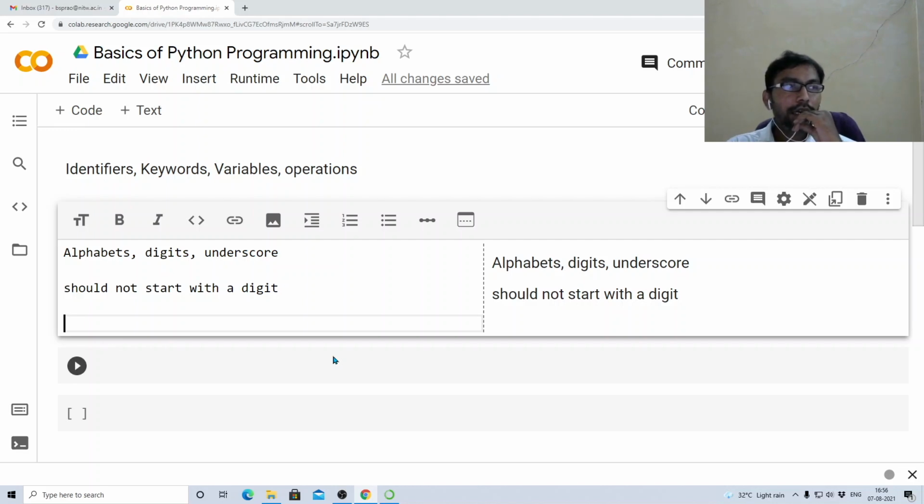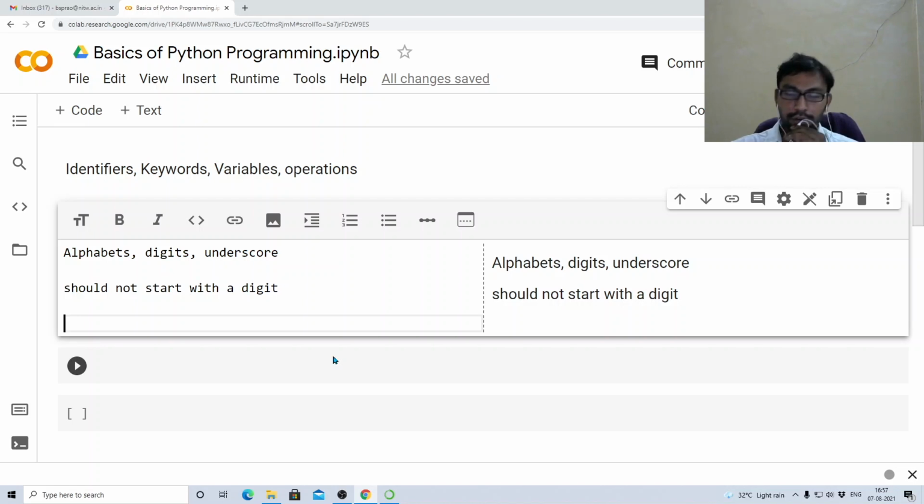How do you start an if loop in other programming languages? You write if, some condition, some body. Here if is a keyword, right? So keywords should not be used as a variable name. This is the other constraint in all programming languages. Keywords should never be used as a variable or identifier. Okay, that's all about identifiers and keywords.